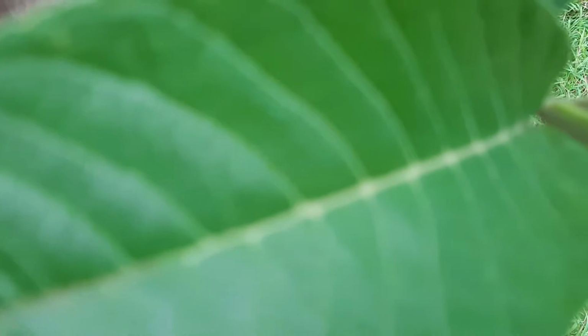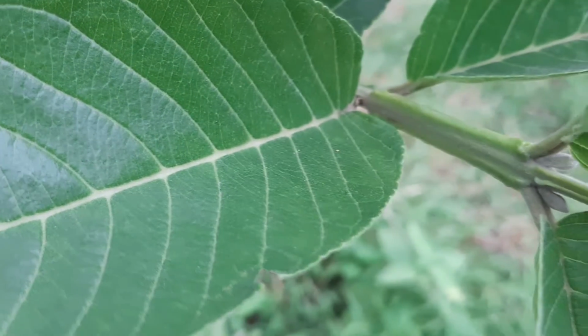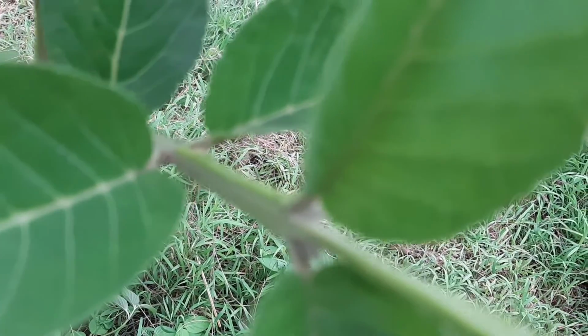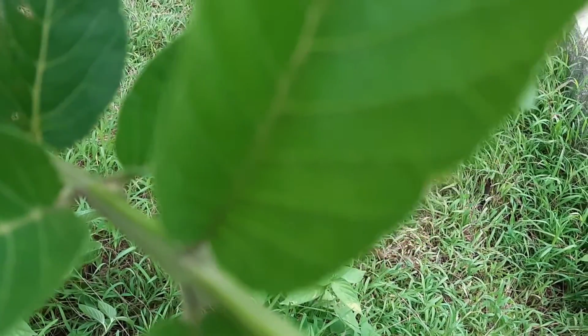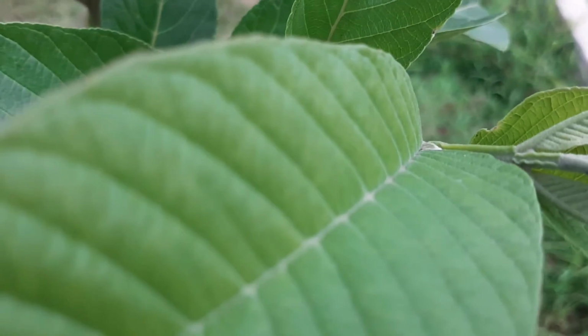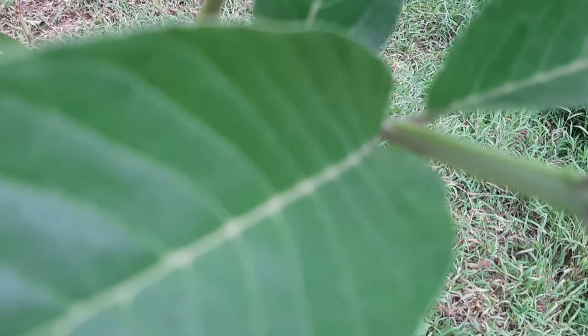Guava leaves. The simple leaves are oppositely arranged along the stems and are borne on short stalks or petioles 4 to 10 millimeters long. The leaf blades, which are 7 to 15 centimeters long and 3 to 7 centimeters wide, are somewhat oval in shape, ovate-elliptic or oblong-elliptic, with rounded or pointed tips, obtuse or acute apices, and